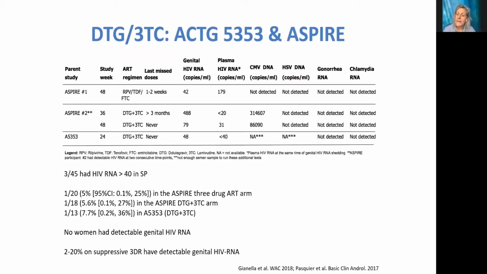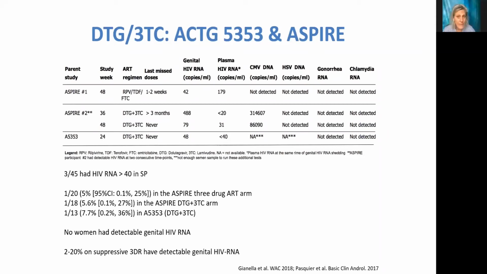And these results do not really differ from what was shown in people on 3-drug regimens in the literature, who showed a detectable genital HIV RNA in approximately 2 to 20% of cases. So in conclusion, we can say that this result suggests that dolutegravir lamivudine confers similar transmission prevention benefits as